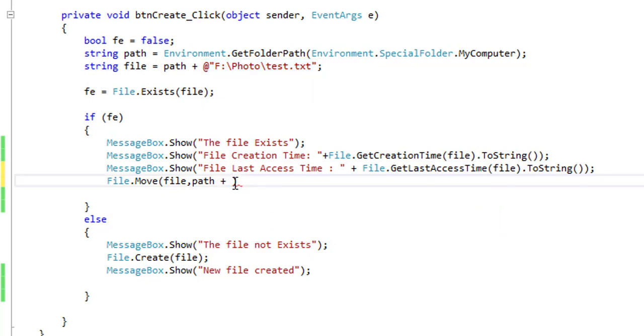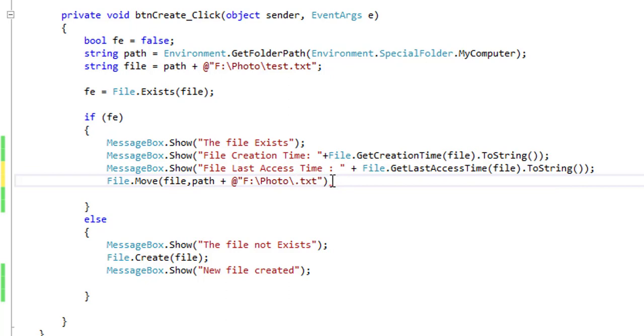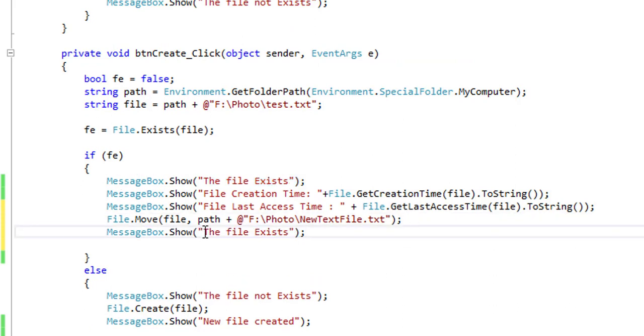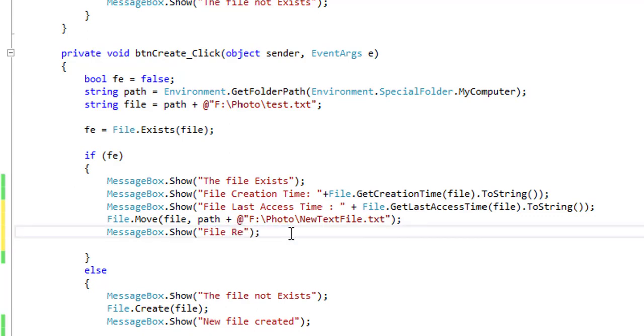I will paste the path here and change the name, new text file. Here I can show a message of file renamed. File renamed.